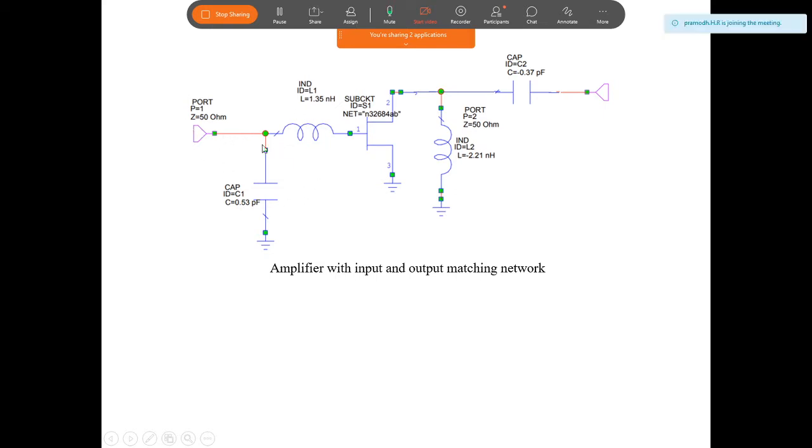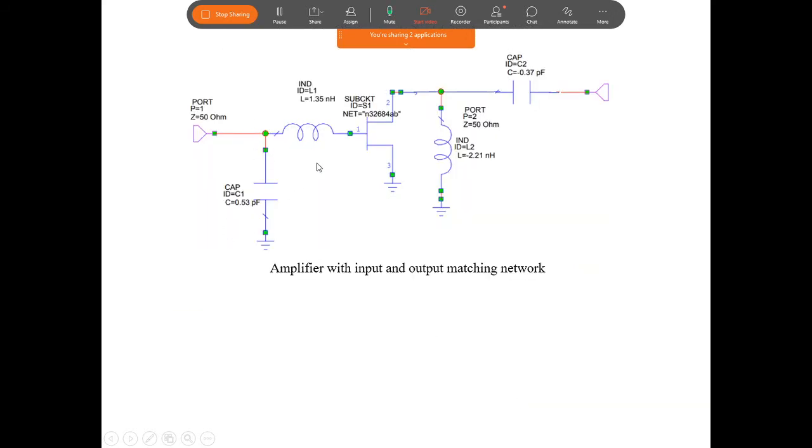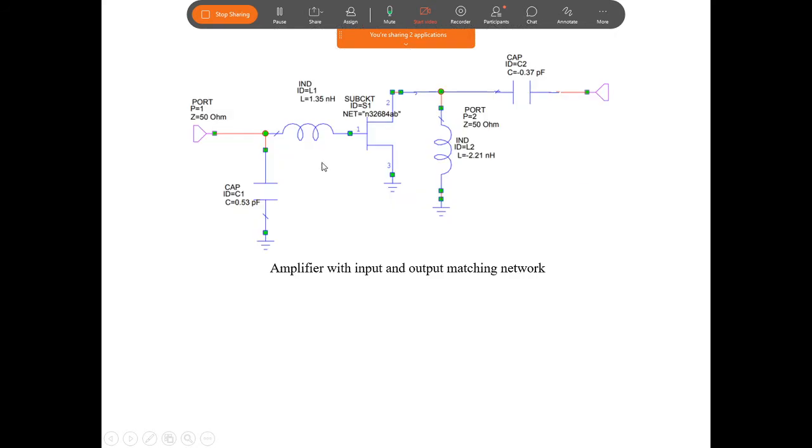This is the 50 ohm source here, but with the capacitor and inductor added. Now if you look in this direction, the impedance has changed. What is the impedance value now? It is equal to this value. So this is the impedance matching network at the input port. Looking in this direction, the impedance is equal to this value, and that provides a gain equal to 2 dB. So that is the input side, designing an impedance matching network.